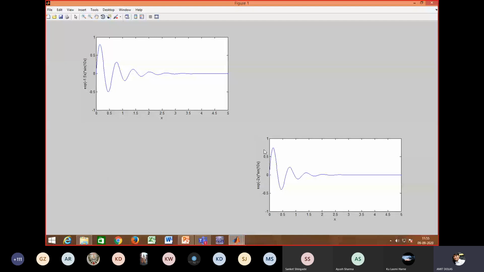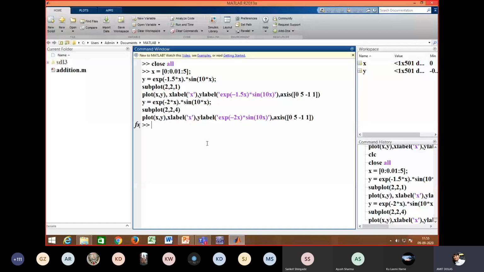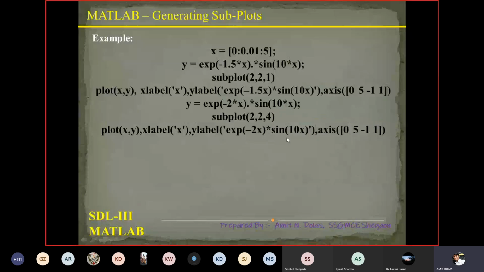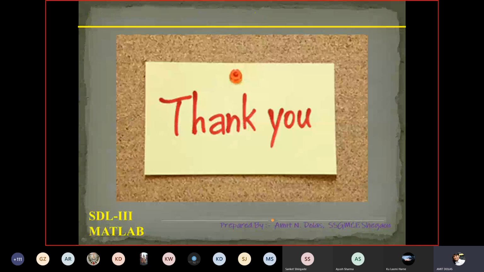So here you can see position 1 and position 4 are occupied by both the graphs, but position number 2, right hand side top corner, and position number 3, left hand side bottom corner, are still empty, so you can accommodate 2 more plots in this graph. So syntax, reading syntax and remembering that is most important. So here is the result.